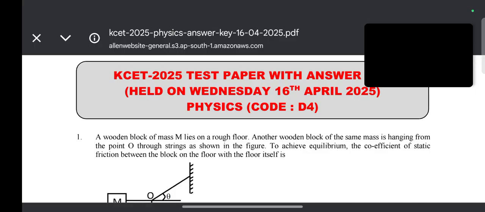The first question is: a wooden block of mass m lies on a rough floor. Another wooden block of the same mass is hanging from the point O through strings as shown in the figure. To achieve equilibrium, the coefficient of static friction between the block on the floor and the floor itself is